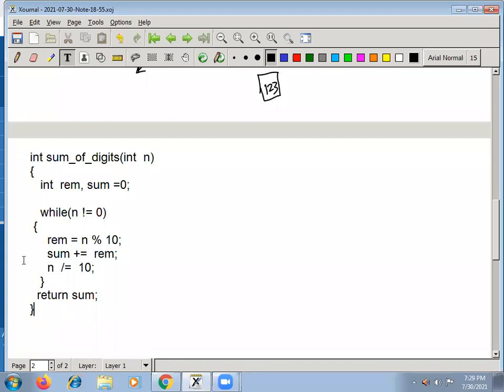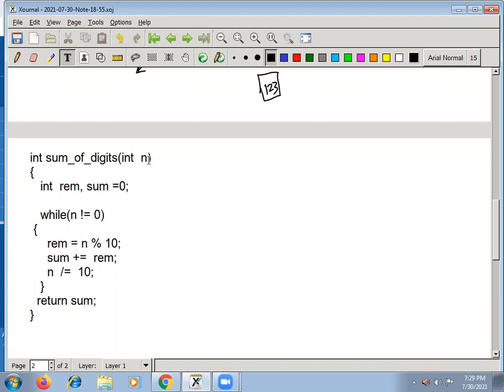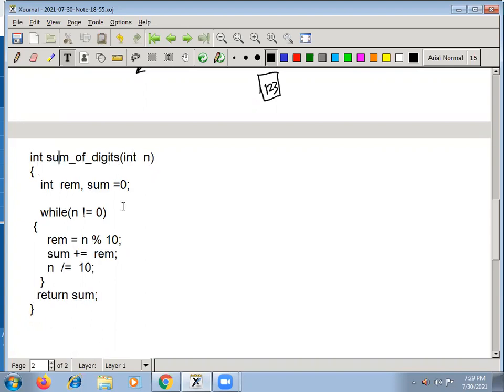That's it. The sum of digits function you can use somewhere in your program if required. You should remember how to write this sum of digits. N is coming, I want to calculate the sum and I should return this sum. This is how you should think.